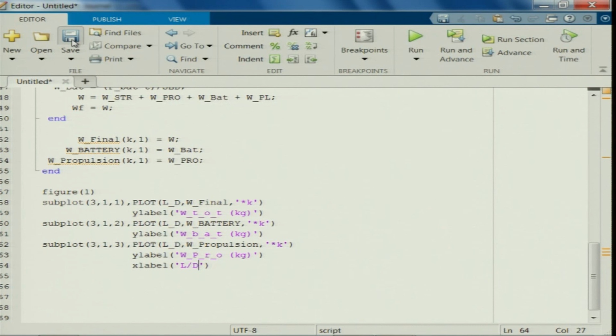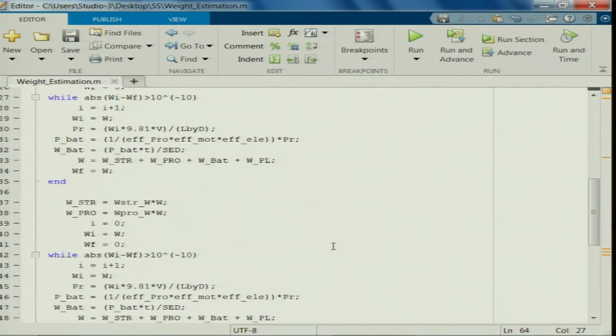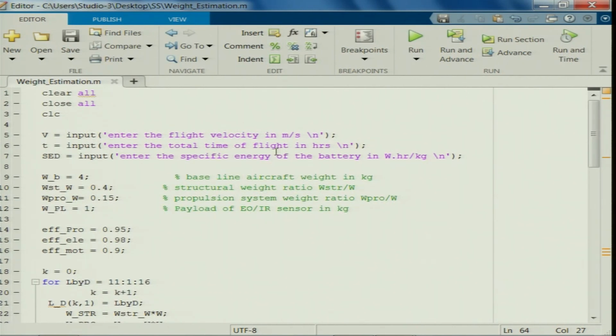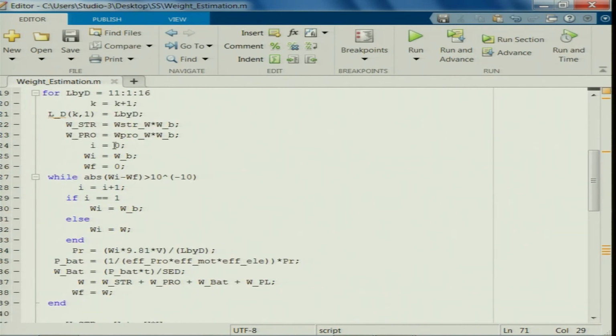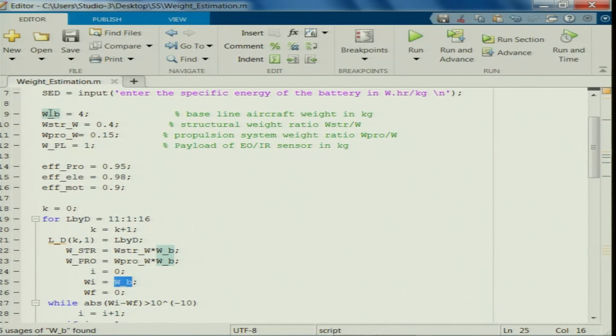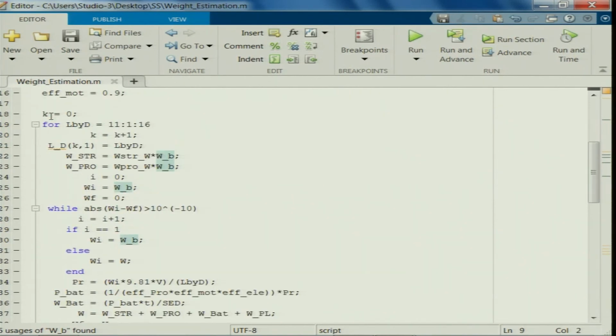So, we have not saved this yet. So, weight estimation. We are estimating the weight of the UAV only for that particular mission, only for that cruise. We are not estimating for any extra, or with a factor of safety, and we are not considering the takeoff and climbing flight as well as landing flight. Right. Yeah. So, here in the first while loop, since we have updated this as W base weight, W underscore B, instead of W, if there is no for loop then it will not be an issue, but since we are iterating for L by D here.